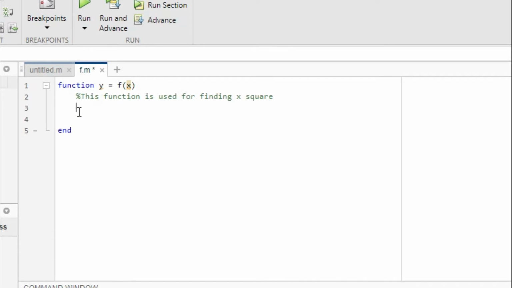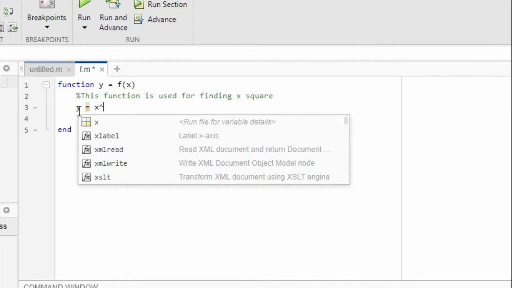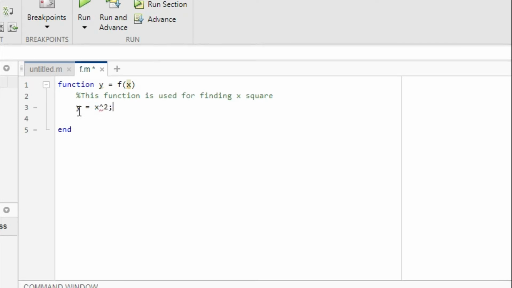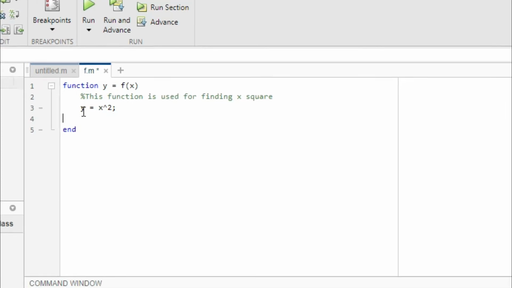We are finding the output y, means y equal to x square, so x caret 2, and now let's use a semicolon, and the function is ended with end.